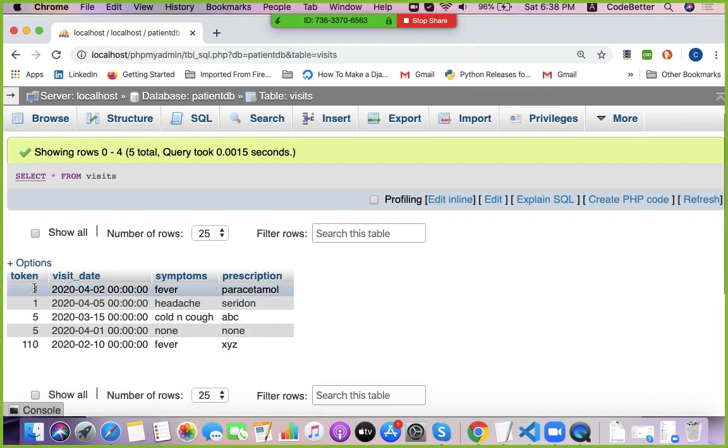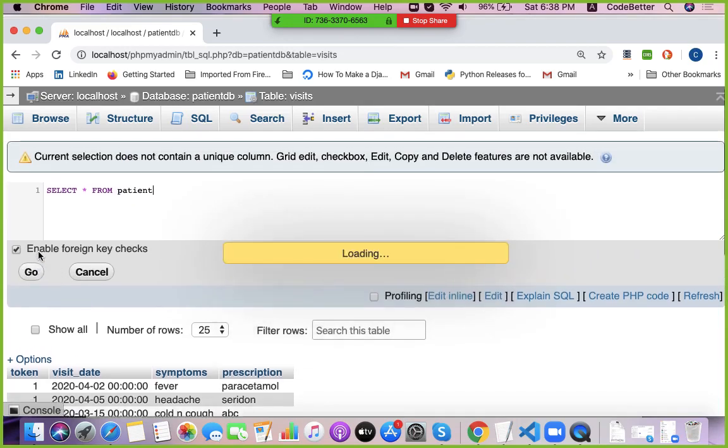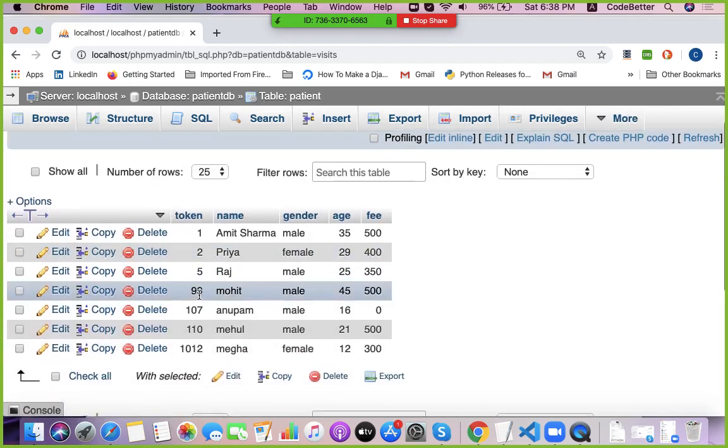Now I am going to add a rule: the token number should first be matched from the patient table. Only a token which belongs to the patient table can come into the other table, the visit table.